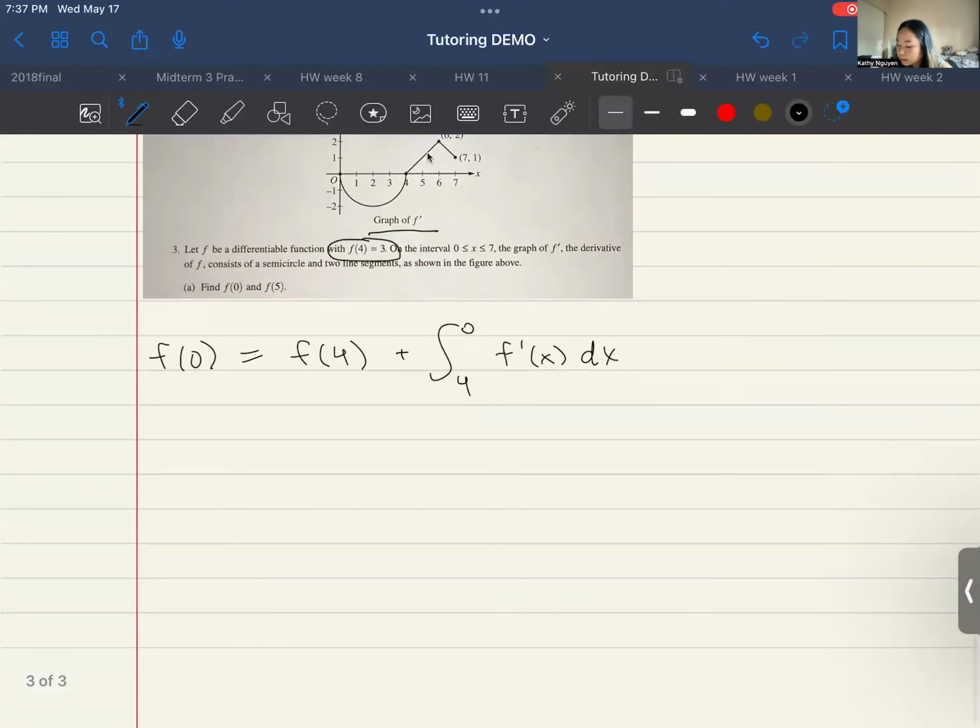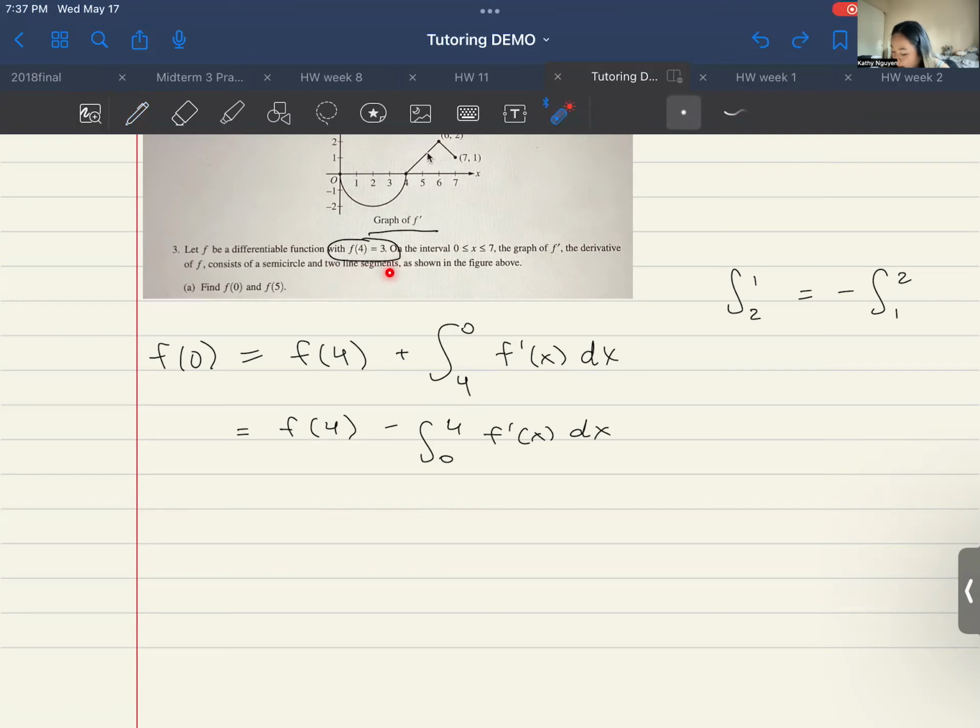And because that's not how we typically do it, the integral of, let's say, 2 to 1 equals the negative of 1 to 2. Using that information, it'd be f of 4 minus, we change it to minus 0 to 4 of f prime of x dx. And the question here told you f of 4 is 3. So we put,